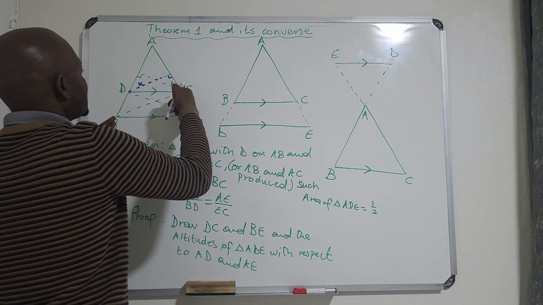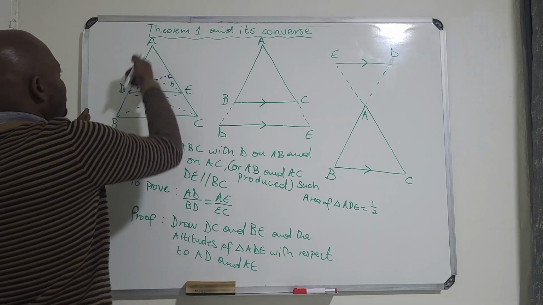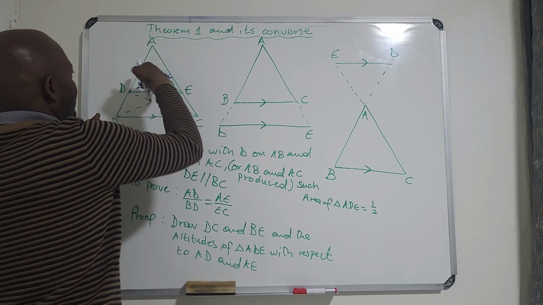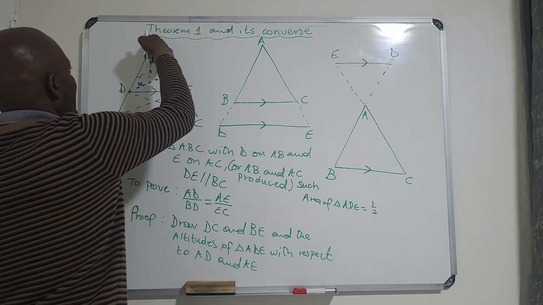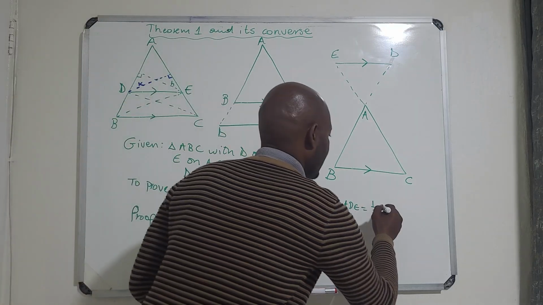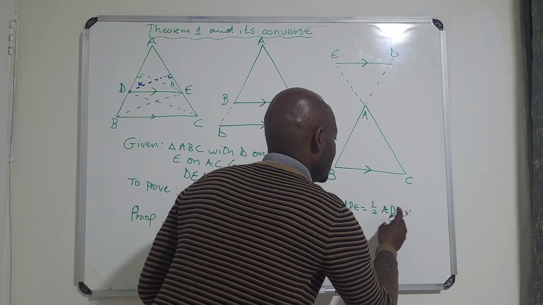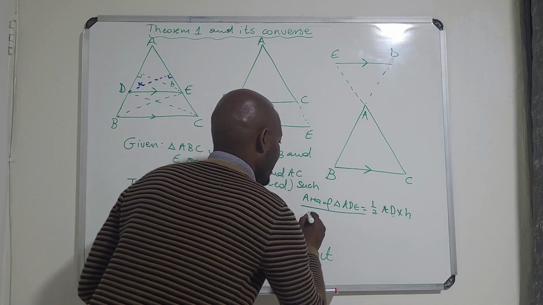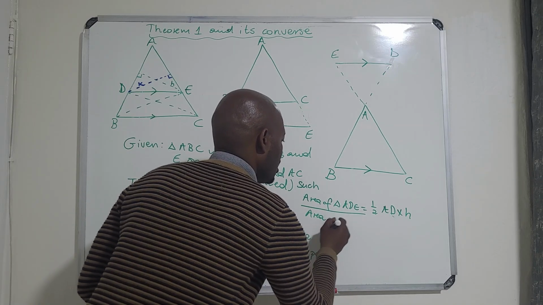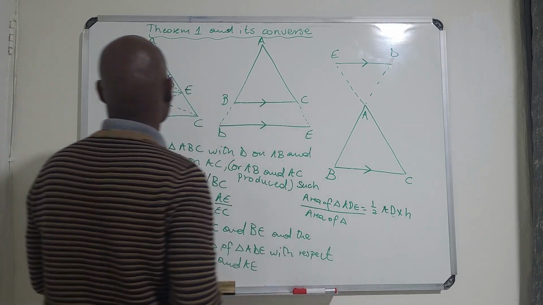We know a triangle is half base times height. So the base is there. There's your altitude, which is h, your height. Therefore, it's half AD times height